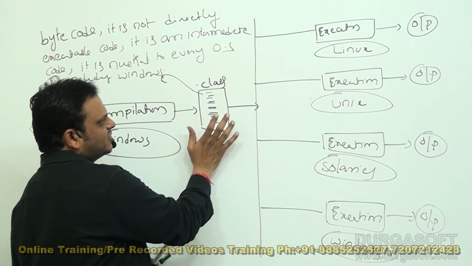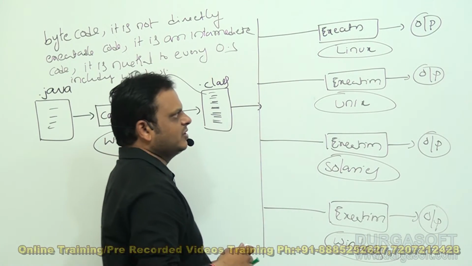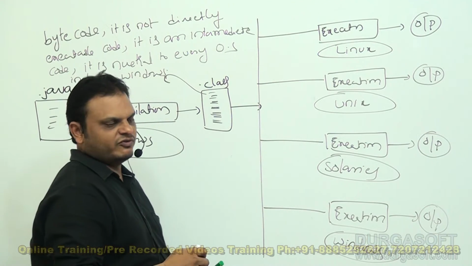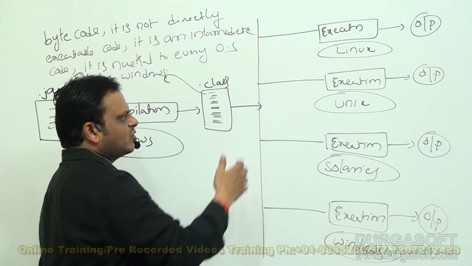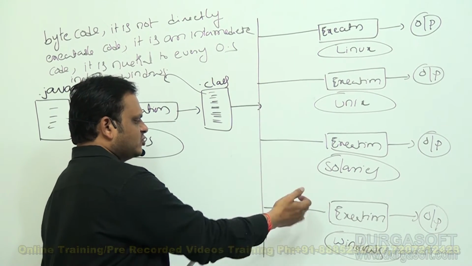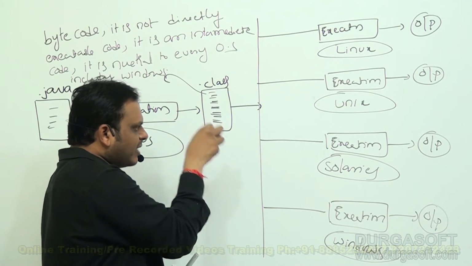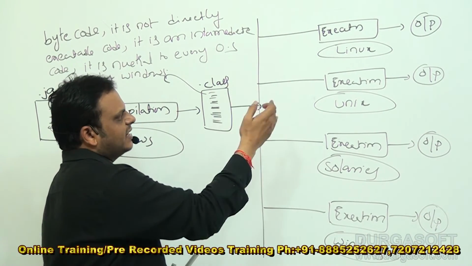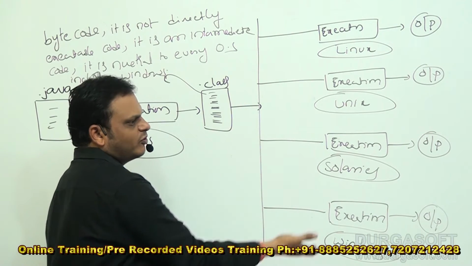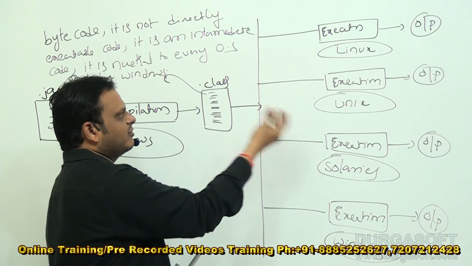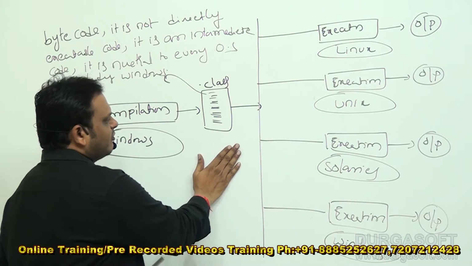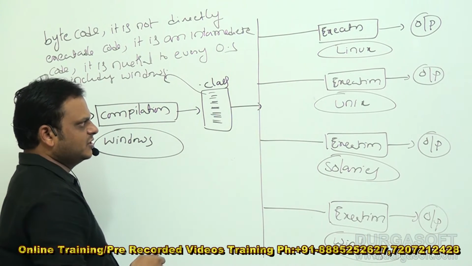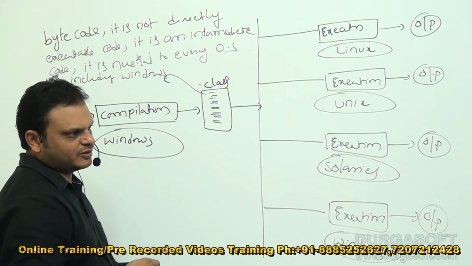Whenever we want to execute this .class file on Linux operating system, first we must require the same bytecode in Linux representations. If we want to execute any program on Linux, Unix, Solaris or Windows, first of all our bytecode must represent our local operating system representations, whichever we want to use. In that way only our bytecode must be available. But here we provided an intermediary code, and there we require local operating system represented bytecode. So here again we are getting some kind of problem.